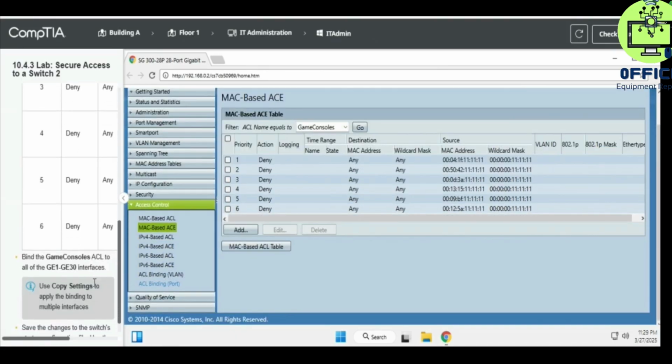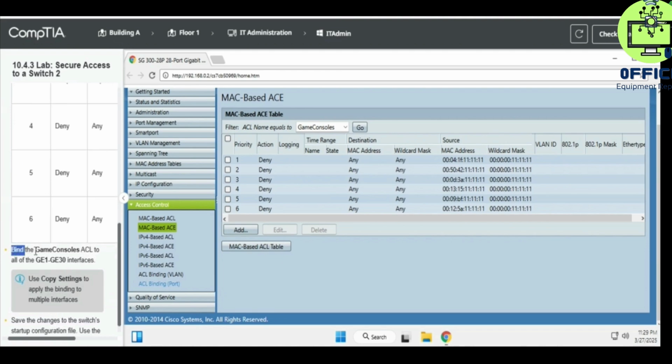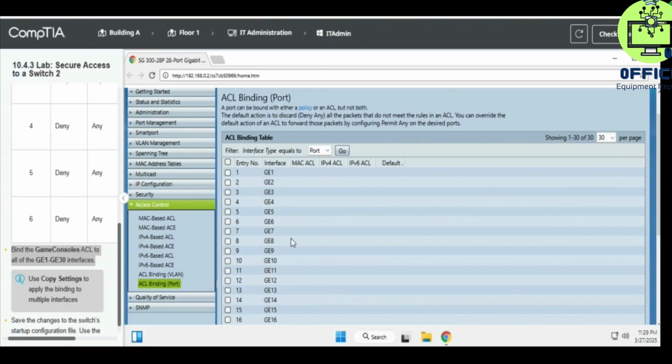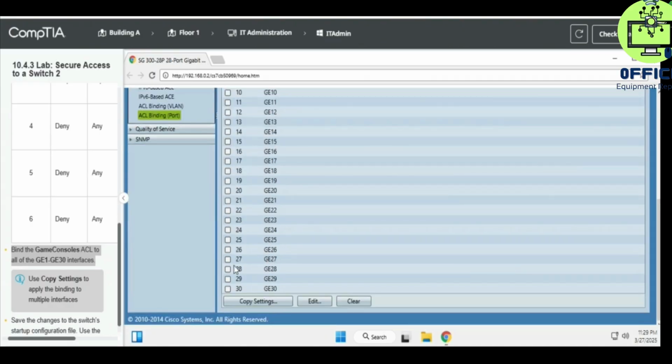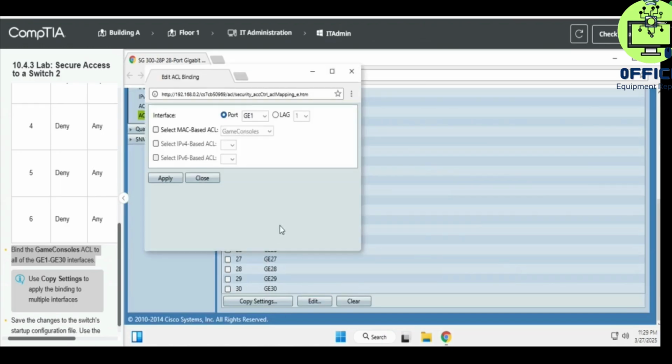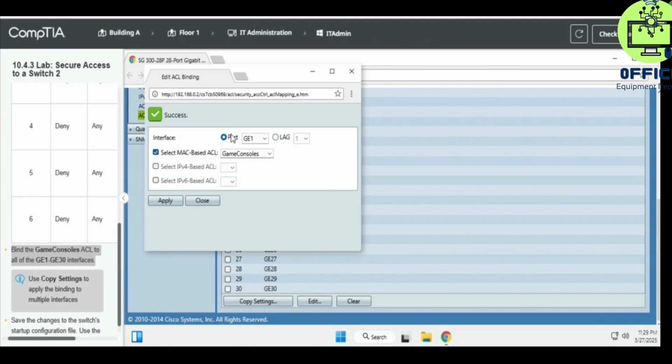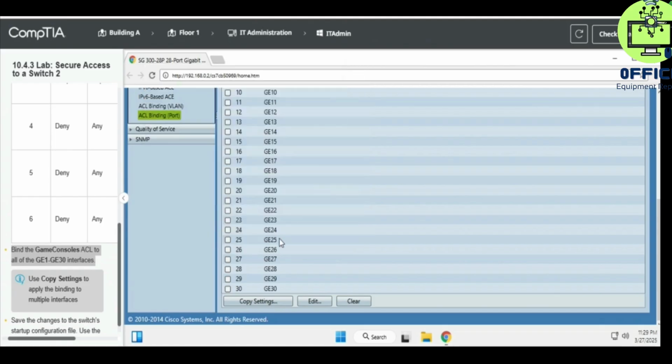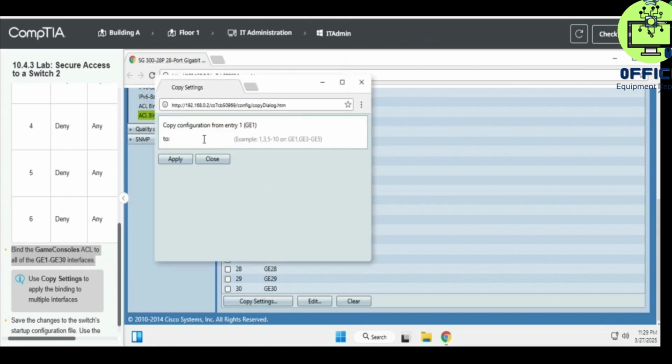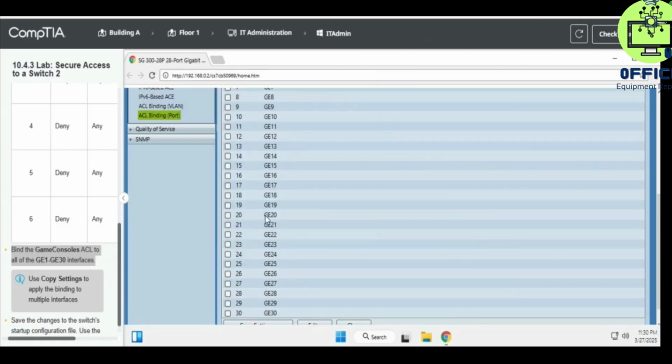So let's see. Bind the game console. So let's go to 1 and edit, select, apply, game console, select, apply this, close this, copy settings 1.130